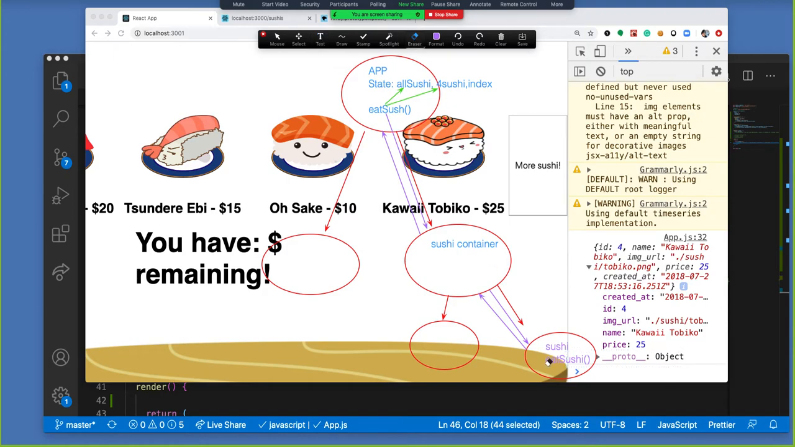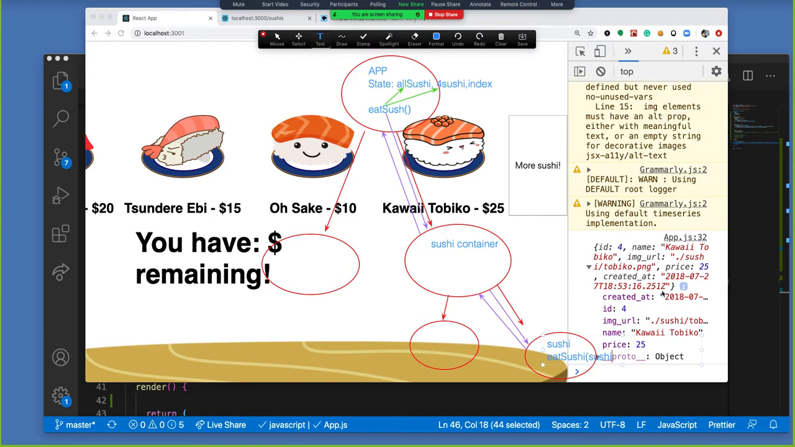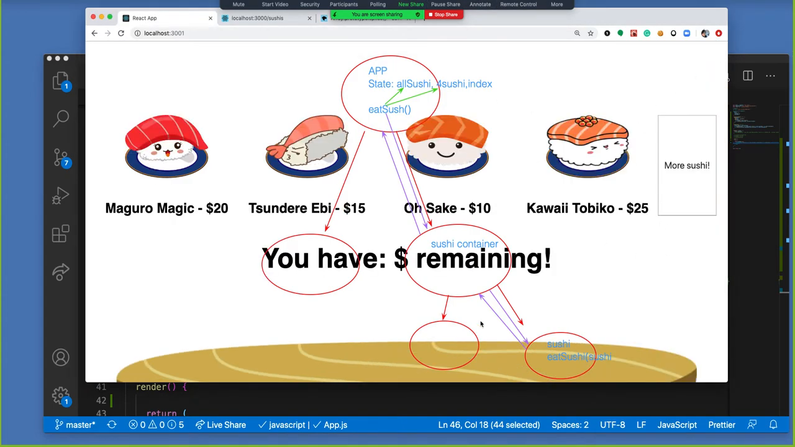Oh, annotate. There we go. And then text. Sushi. Let's change color back to blue. eatSushi, and then I'm going to pass it a single sushi. Close this right now so you can see it. So something like this is what I would write on a whiteboard or a piece of paper